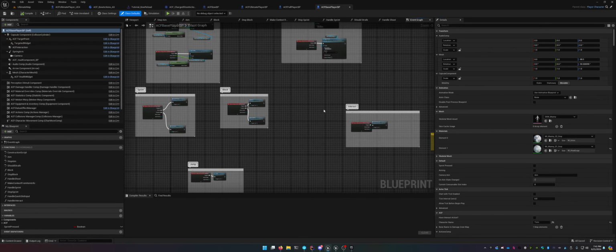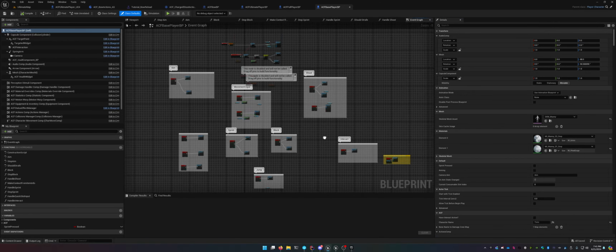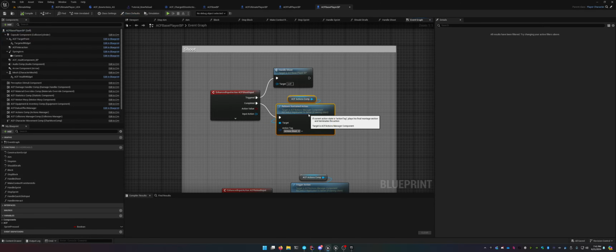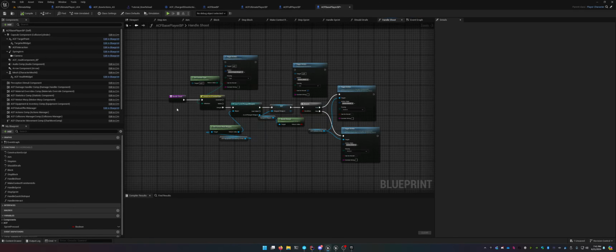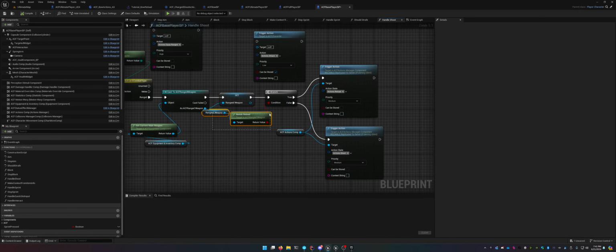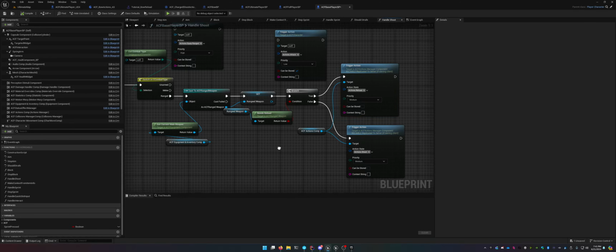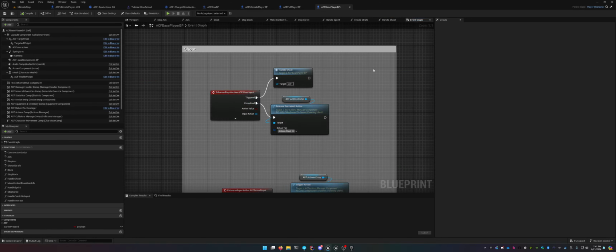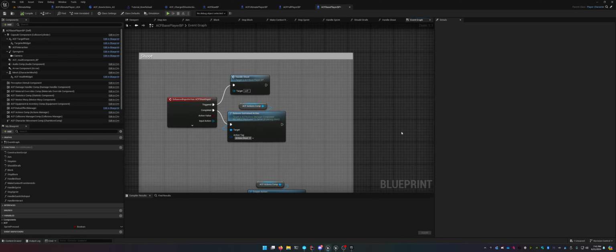One more up. It is one more up. So in our input action where we have the handle shoot, we do have a handle shoot function here. And as you can see, if we come into here, if the weapon needs a reload, we're automatically calling the reload action. So that is how, if your weapon needs a reload, clicking again auto reloads your weapon. That's how that is working there. However, if you want it to automatically happen,